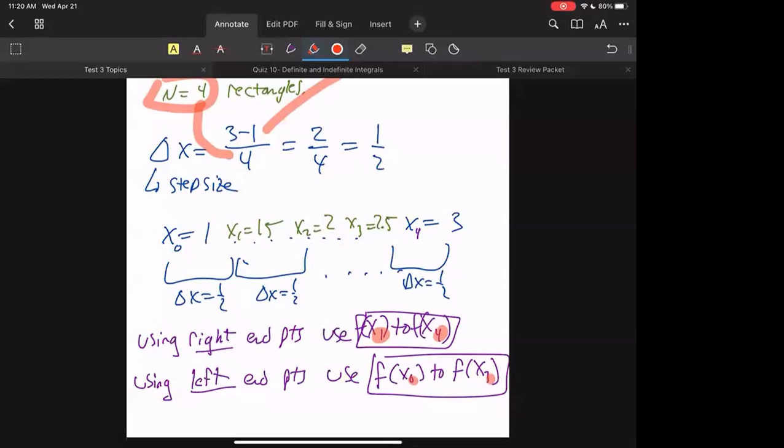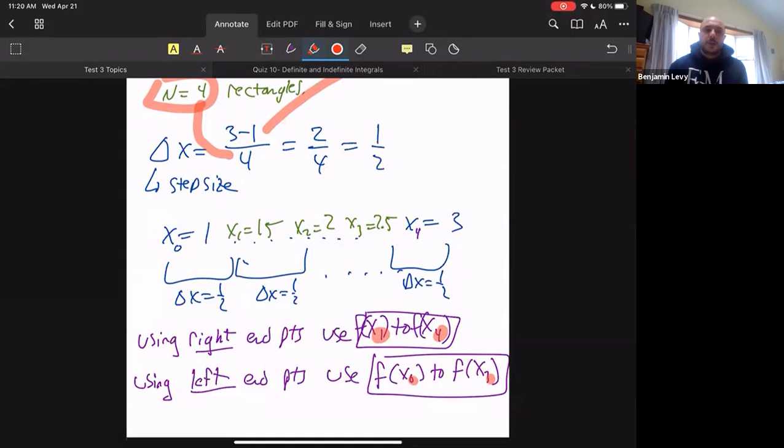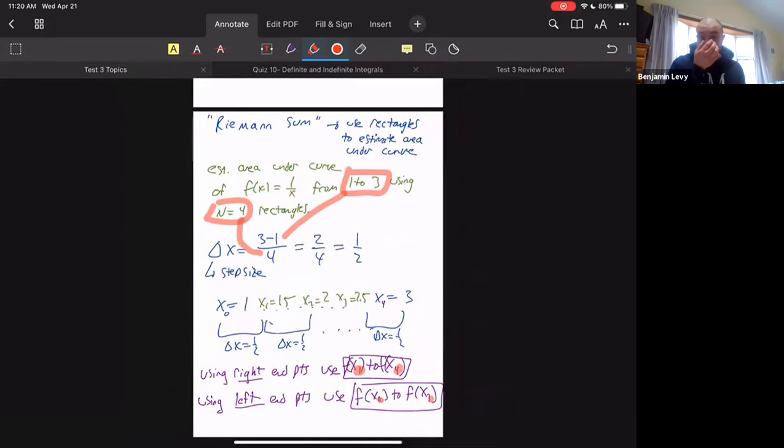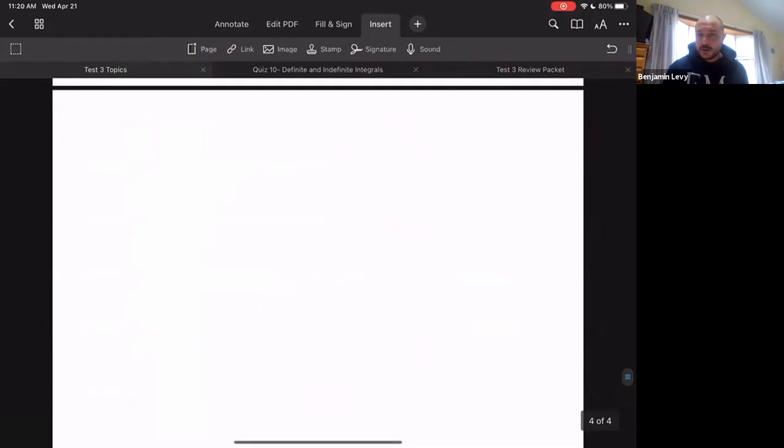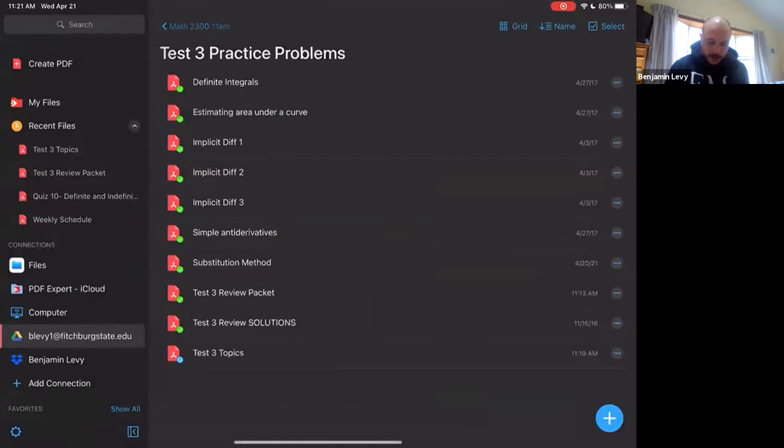Nah. What I really did want to see was implicit rates, because you said that was going to be a big chunk of what we're about to do, right? On the test? I don't know if it's a big chunk, but I'm going to ask you to do a full-on one of those problems. These ones that we're looking at right here are more involved, so in terms of the amount of time spent, I usually don't ask full questions like that. You're combining two different topics. It's implicit differentiation, and we use that inside of related rates problems, right? So let me pull up the notes real quick to clarify that.